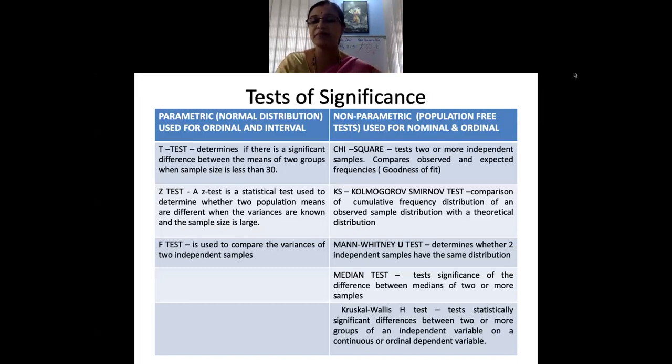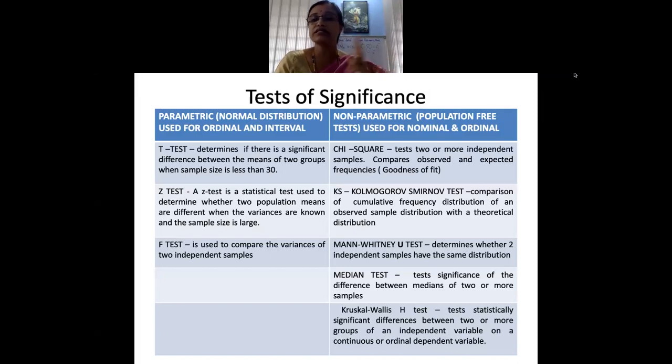So please remember, let us not worry much about the F-test now. Always remember that to find out the significant difference, we use the t-test. To find out a relationship, we can use correlation. Correlation is a very good measure when it comes to relation or association. So whenever you want to find out a significant difference, please remember you can use the t-test or z-test.